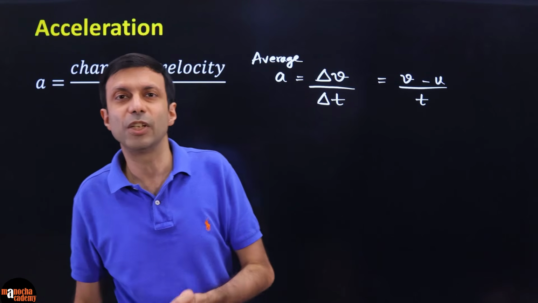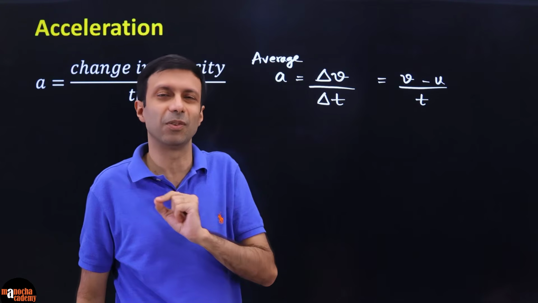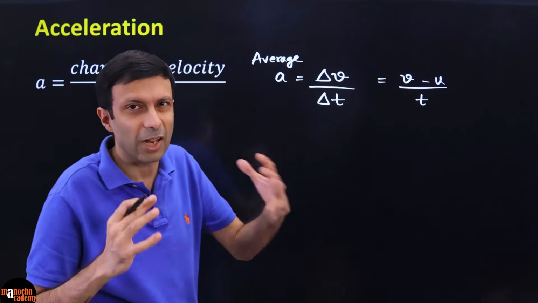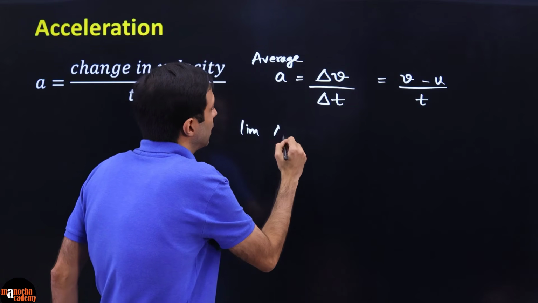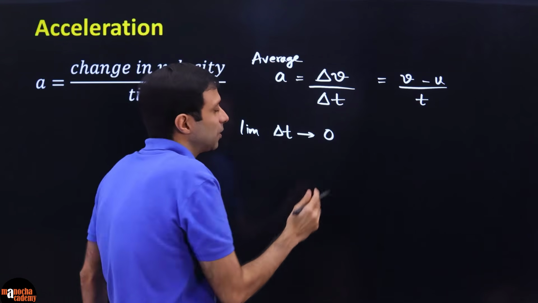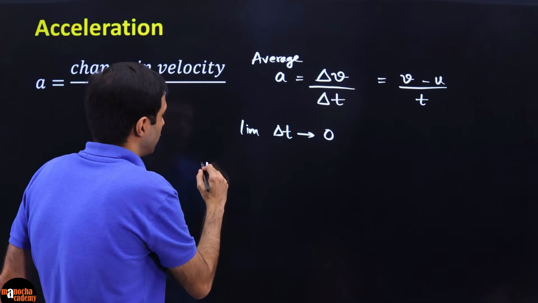So again, if we want to measure the instantaneous acceleration in a very, very small interval of time, what do we need to do? Again, we'll use calculus. We'll say in the limit delta t tending to 0, that means a very small time interval, my instantaneous acceleration,